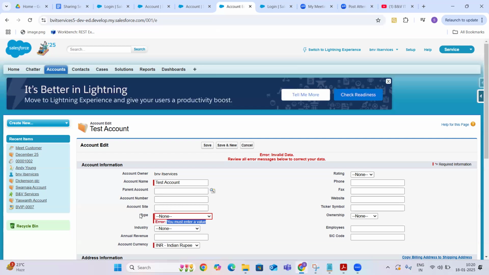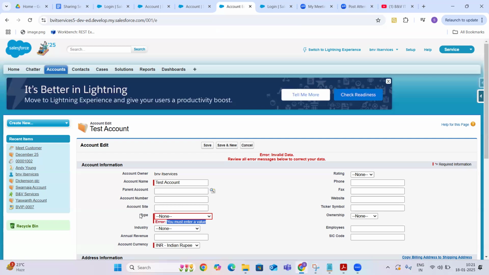I want the same page layout, but different behavior for different profiles. For one profile, the type should be mandatory. For another profile, the type should be non-mandatory. In such cases, we will write the validation rules.